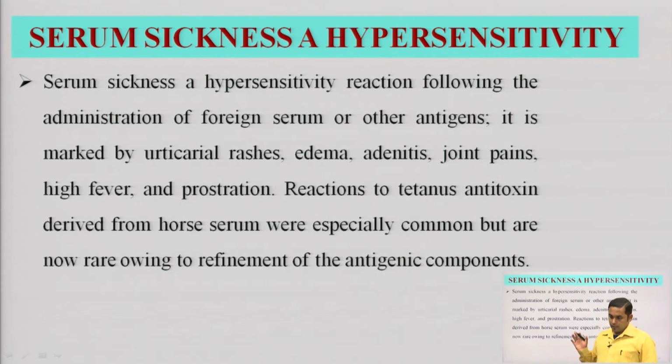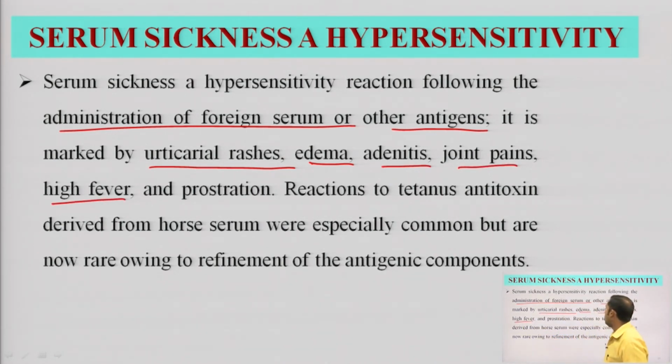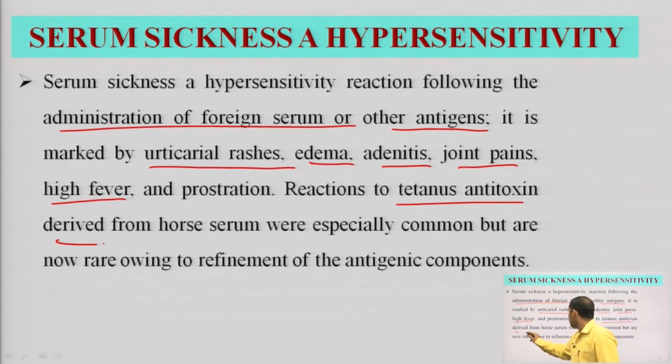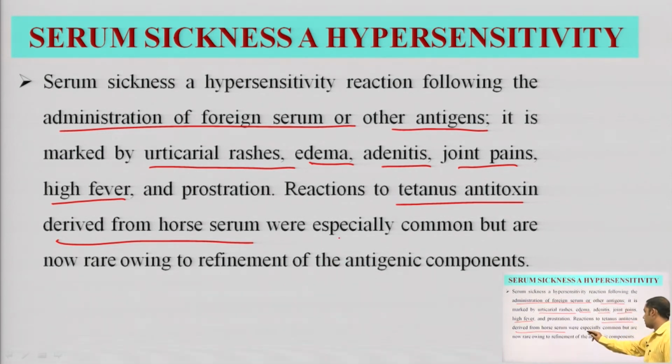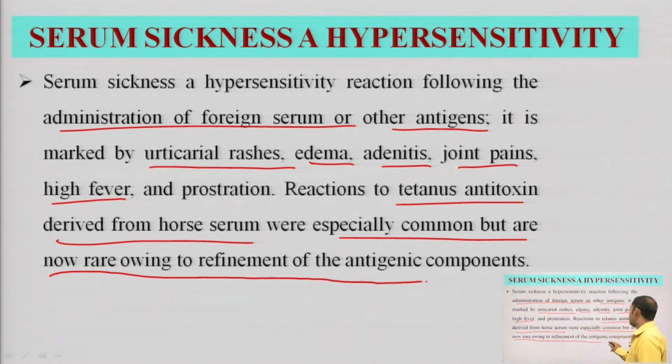Now, another thing I have to tell you today is serum sickness. Serum sickness is a hypersensitivity reaction following the administration of foreign serum or other kinds of antigen. It is marked by urticarial rashes, edema, adenitis, joint pains, high fever and also prostration. Reactions to tetanus antitoxin derived from horse serum were especially common, but are now rare owing to the refinement of the antigenic component. So, it is a problem,